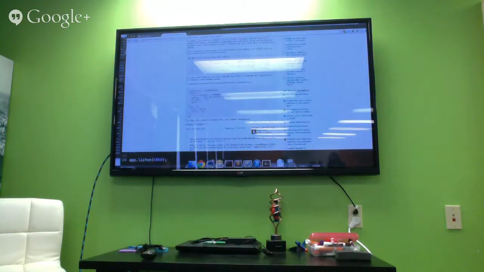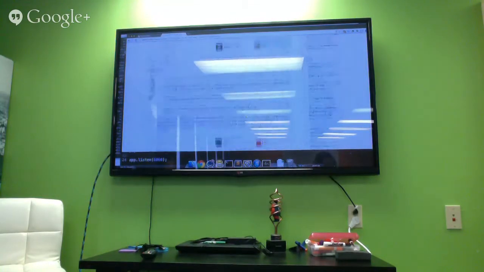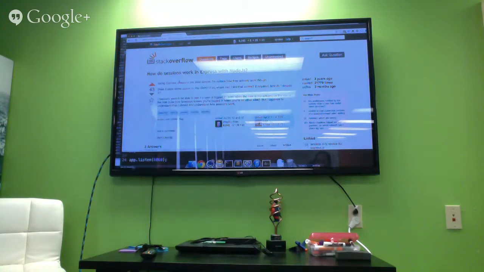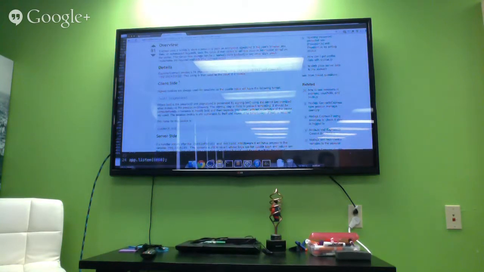Anyway, the reason I'm bringing this up is to show you this. Mostly you don't have to worry about this, especially if you're using Passport, because Passport will handle this automatically for you. But since I'm talking about the session middleware, this is what will actually get stored either in memory or in your database when Express's session middleware creates a session for you. Okay? What's the title of the Stack Overflow, by the way? Is it how do sessions work in Express with Node.js? Did you find that? Yes, I did. Cool.